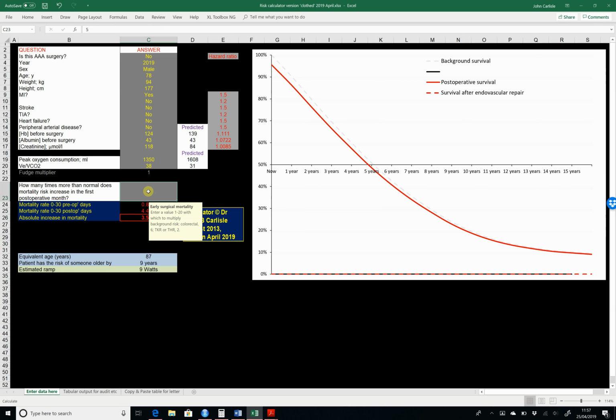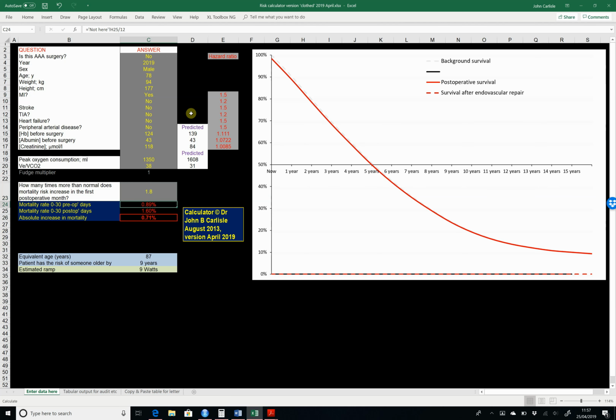This multiplier of 5 would be consistent for something like colorectal resection or nephrectomy. If they're having a hip or knee replacement, usually I'd use a multiplier of 2. TEP hernias, you don't have to use integers, you can use a smaller value. And you'll see down here, for a 78-year-old man, 94 kilograms, 177 centimeters, this machine is trying to help you